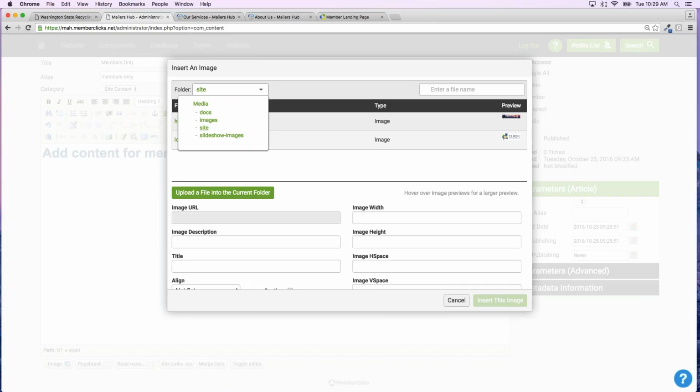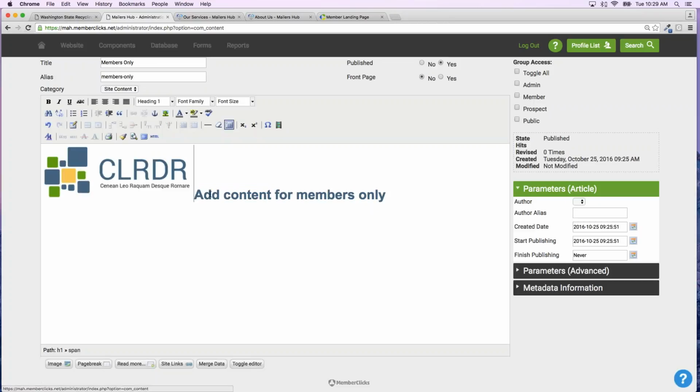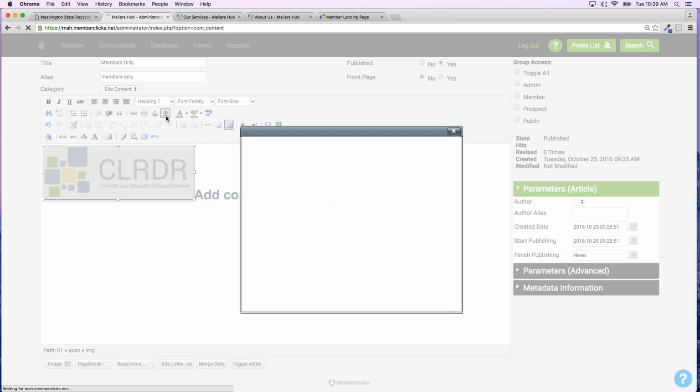In this case, I'm using just some of the generic items that we have in here, like your template or your logo. If I grab that logo and insert, it's going to come right in where I've placed my cursor, but I can make a couple of additional changes. If I click my image, you'll notice this little tree icon up here. Do you see my tree icon? Yep, right under heading 1. Awesome. So this tree icon now becomes available. If I click my tree icon,